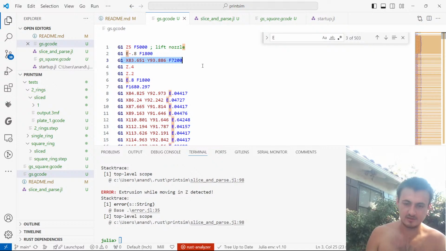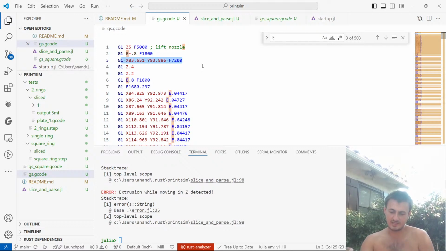Well, first, if it's E, yeah, the first thing you can always do is just try to update position, and keep track of the last position and the current position. And then update your position. Then if